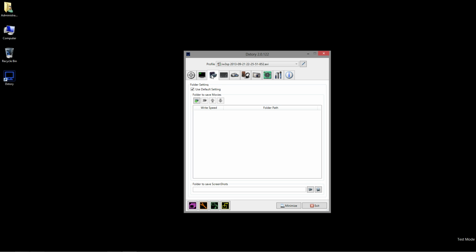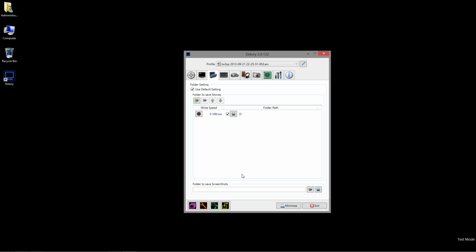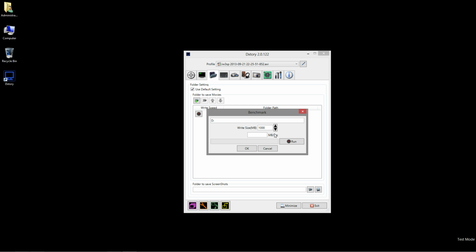The first one that we're interested in is the folder tab. This is where we're going to save all of our recordings. First of all, what you need to do is add a folder. Let's say, for instance, I'm going to use my RAID array right here in my D drive, and if you want to see the speed you're outputting, you can hit benchmark, just use the default size and hit run,